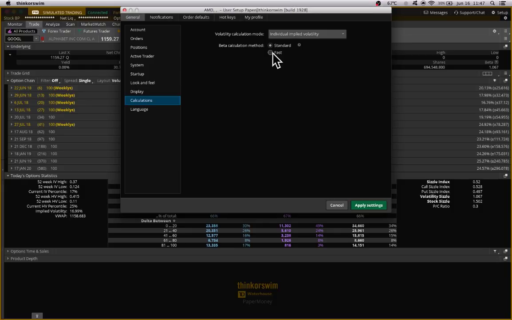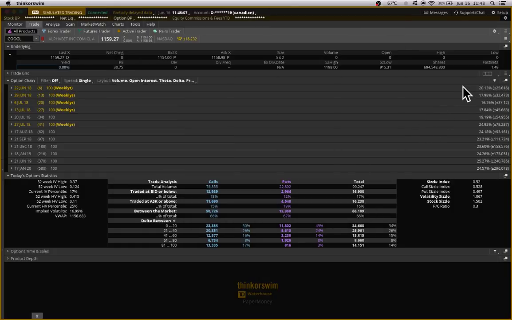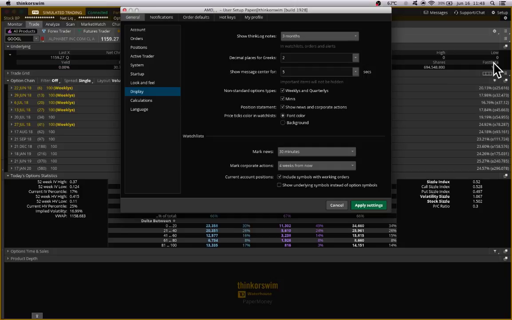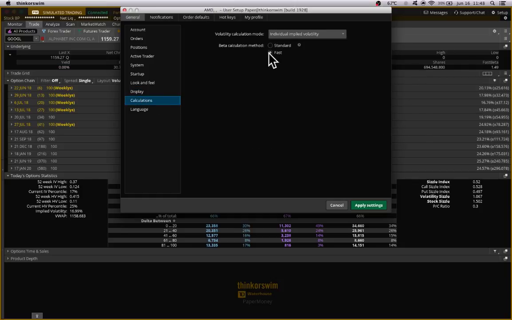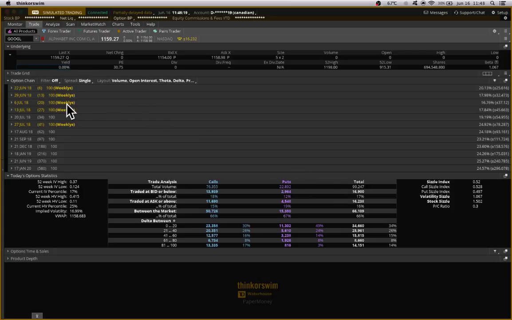I actually don't know what that calculation is and how far the beta look back period is. But let's say we change it to fast. It should change. Oh, okay. There you go. So it's more volatile, you can see, right? So I'm just going to change it back because later on it's going to cause me problems, the things I'm going to show you guys. Okay, so continuing on,